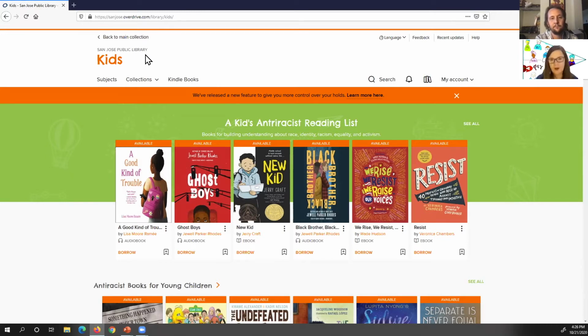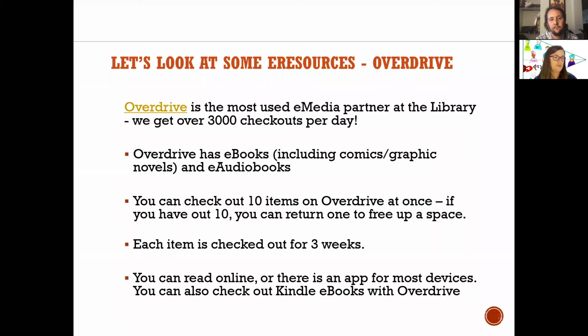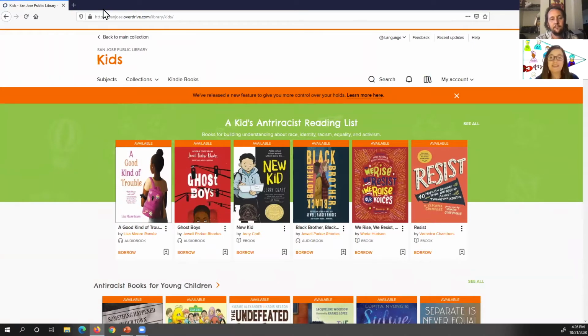Now, if you've forgotten your PIN number for the library, or if you've misplaced your library card, let's go back a couple of slides. Remember that contact us where I was telling you about library chat. That is a great way to get in touch with the library and actually ask them to look up your account number, reset your PIN, things like that.